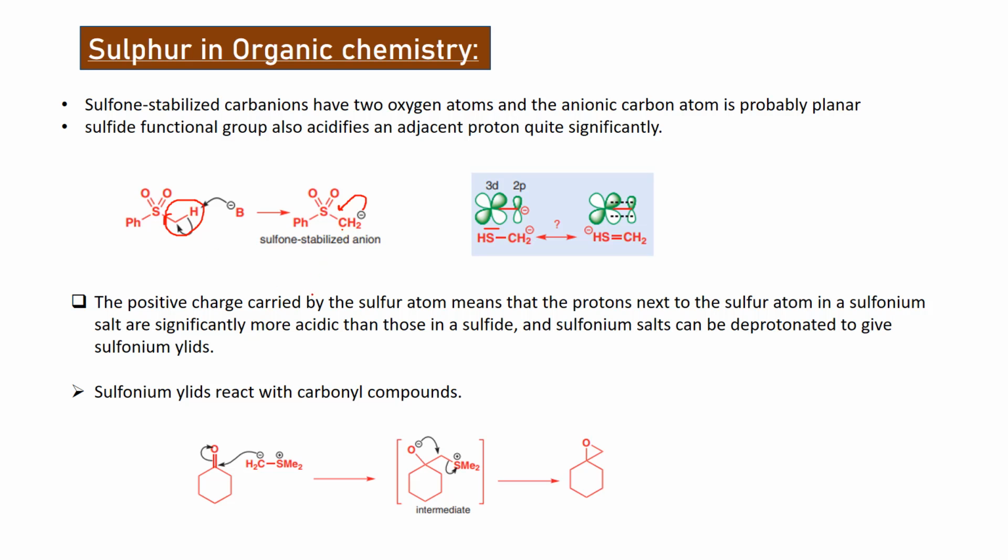The positive charge carried by the sulfur atom means that protons next to the sulfur atom in a sulfonium salt are also significantly more acidic than those in sulfides. If the sulfide is positively charged, this hydrogen becomes more acidic and we can take up this proton very easily,